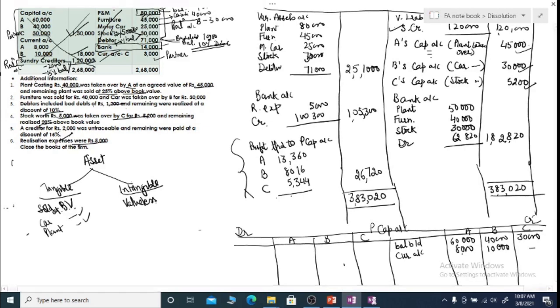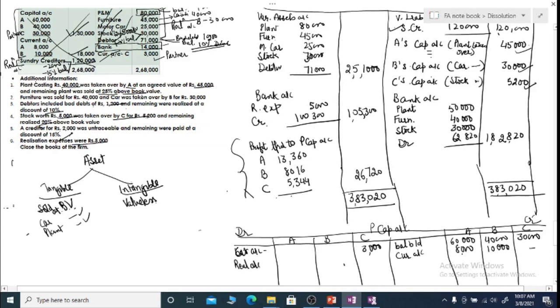Coming to asset side, we have already closed these assets. Bank will be prepared separately, and current account has a debit balance for C. So this will be current account, 3,000. So after making postings from balance sheet, now we'll come to realization. Now make cross postings here. So herein you have partners' names coming here in the assets taken over and in the profit. So from the credit side, posting is on the debit side.